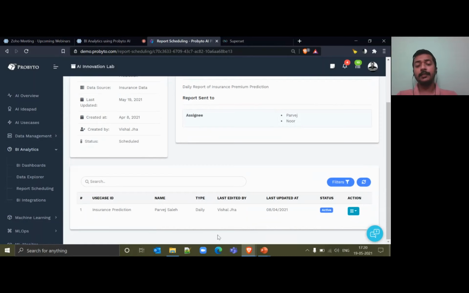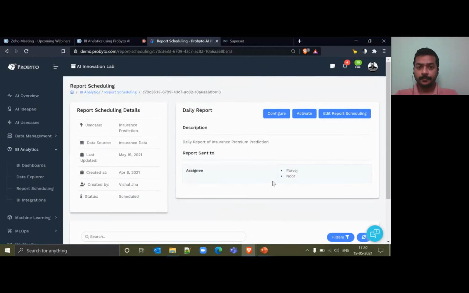Along with that, you'll be able to track what the reports are that have been scheduled, and who the users are. Are they successfully getting the reports via email? You'll be able to track all these actions via the status that has been provided in the table. In case of any failures, or in case of any issues, you will be able to track through the status and take the necessary actions for which the report might have failed to reach the user.